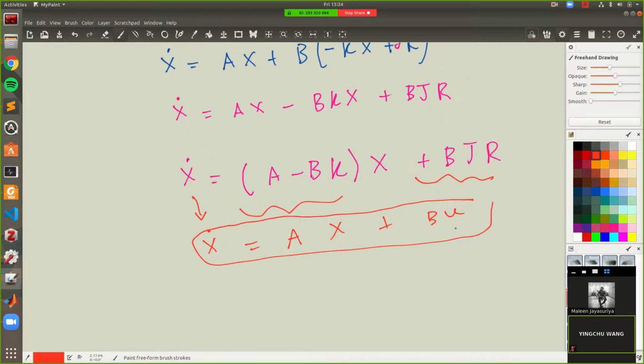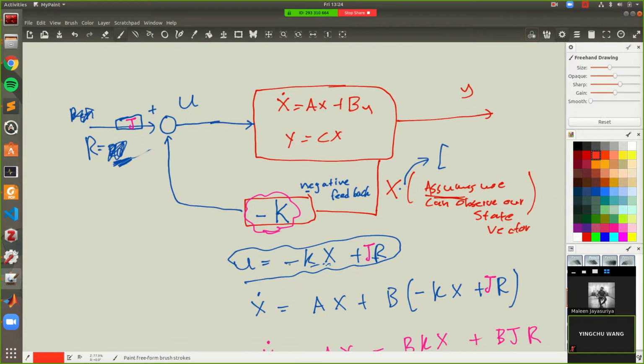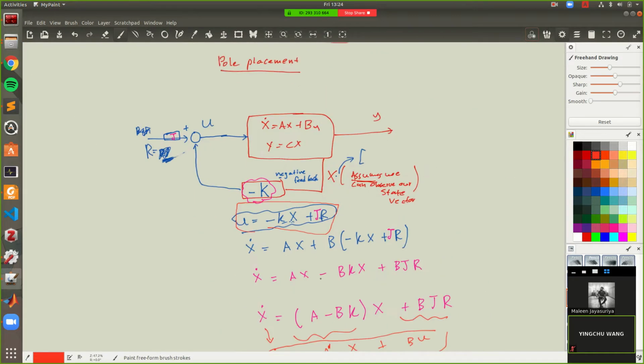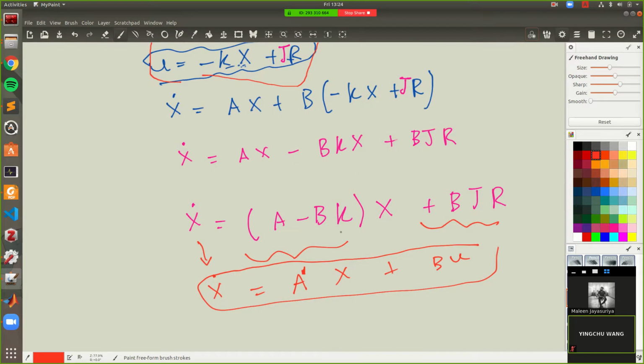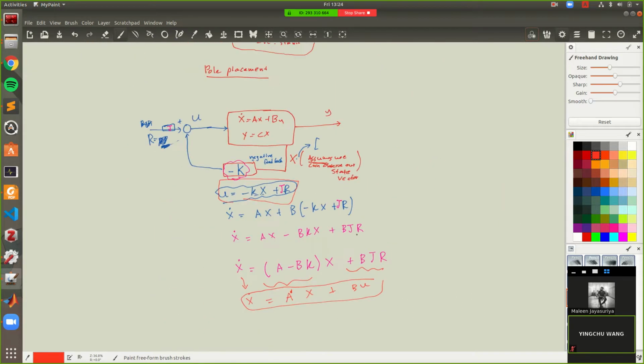Does that make sense? Right? I won't call this A, this will be like A dash, right? So what you've done is, by adding this negative feedback and this reference value, you changed your input into this format, right? And what you've done essentially when you do the math is you created a new system, right? So the new system, actually this is equivalent